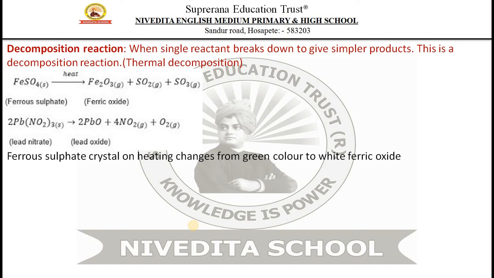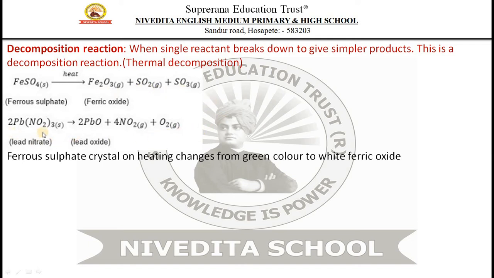Ferrous sulfate crystals. S means solid, as you can see there in the example. Ferrous sulfate, solid means ferrous sulfate is crystal. Right? Ferrous sulfate crystals by nature are green in color. So on heating ferrous sulfate crystals, they decompose to ferric oxide, sulfur dioxide and sulfur trioxide. Gases are released, right? So in the presence of heat, ferrous sulfate crystals are heated and we get ferric oxide, and sulfur dioxide and sulfur trioxide gases are released.